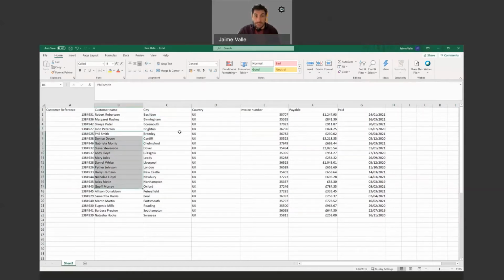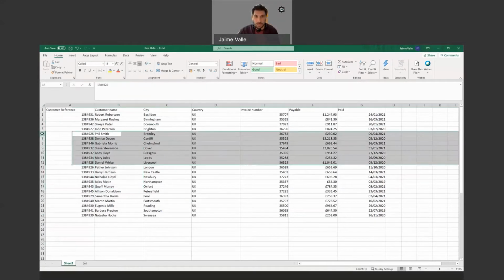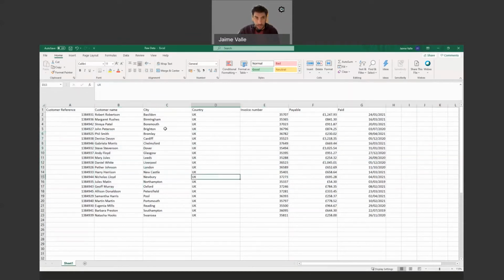Now, there's an option to filter. That's what this is all about. We're going to hide the rows, the information we don't really need because they don't apply to our filters. How do we do that? Let's say I want to see only the cities starting with L. How do I do that?